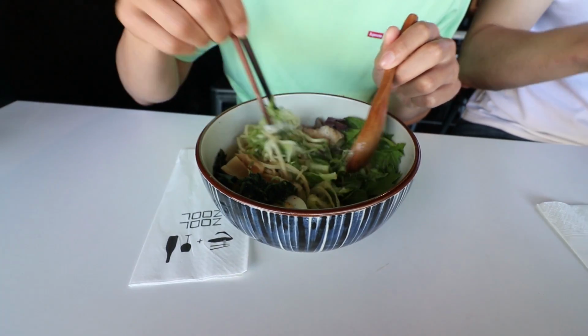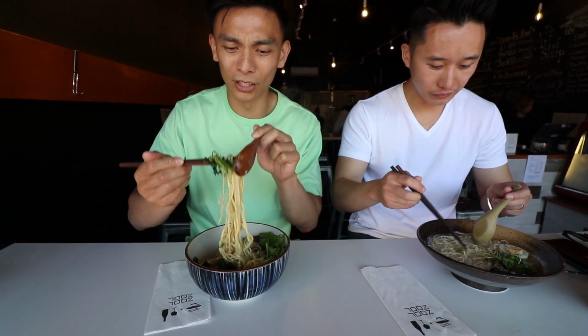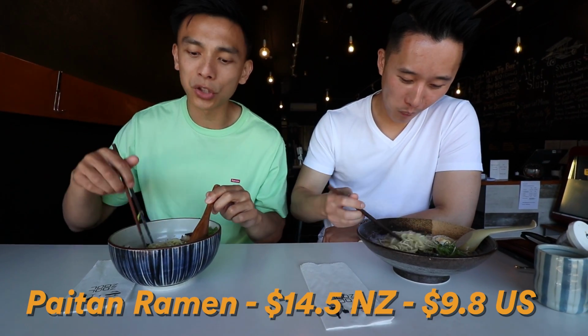I'm gonna go in for a little bit of this paitan Zool men. Oh man, that just looks like a delicious bite. Makes me happy right now, man. The chicken broth is so mellow, and I think it just goes perfectly with the noodles. It's just the right balance of saltiness. I'm gonna chase it up with a piece of that roast chicken, a little bit salty, but the real star